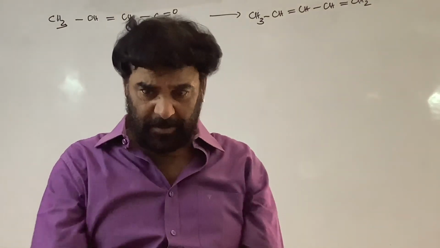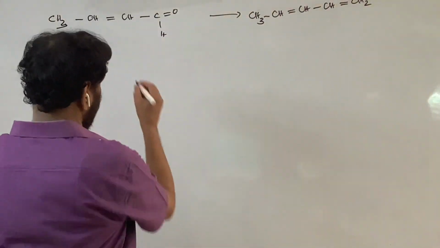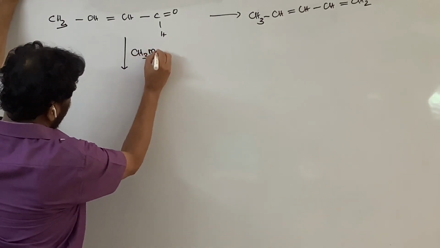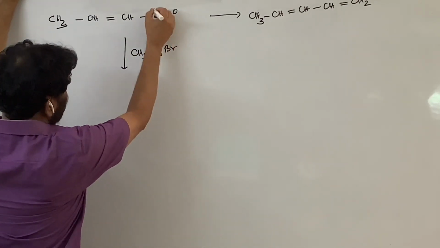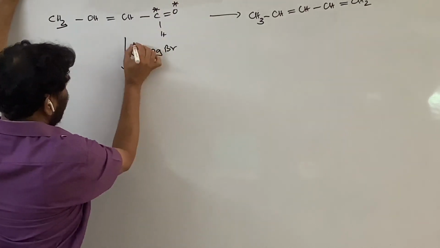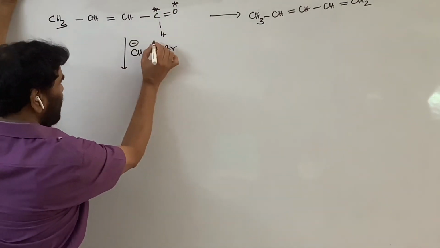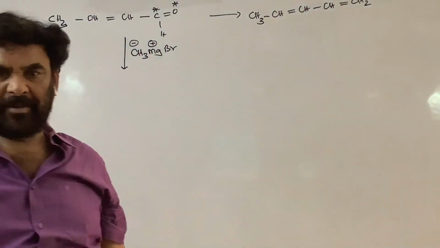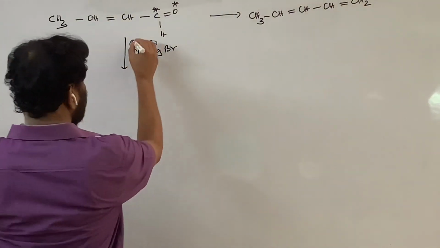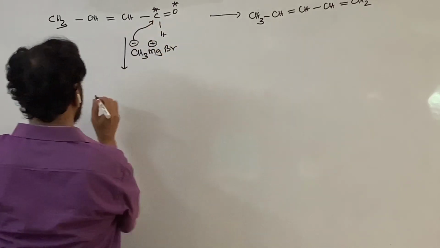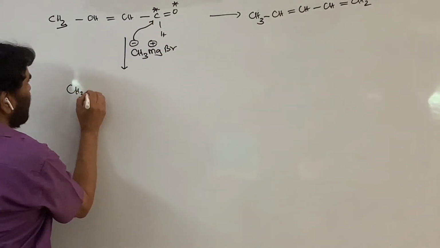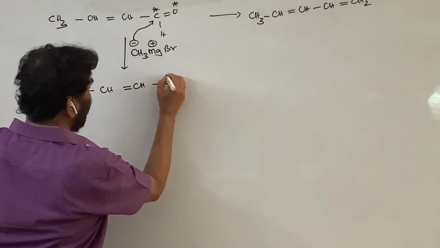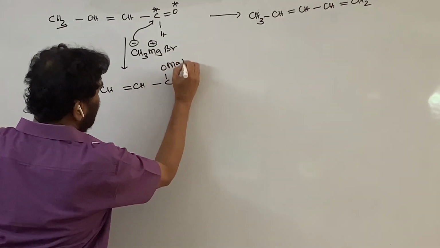The alcohol can further be dehydrated. This is treated with methyl magnesium bromide. You know the reaction. This is the anion, bromo magnesium ion, and now this is added by nucleophilic addition. Carbonyl compounds take part in nucleophilic addition reactions. OMgBr.